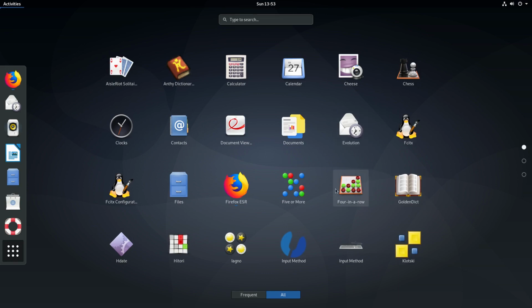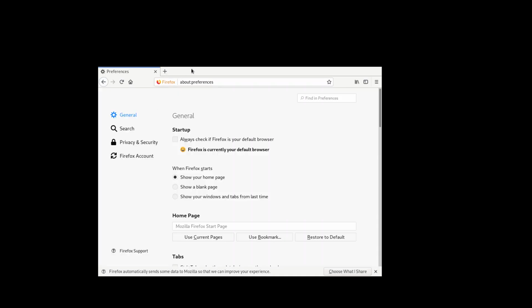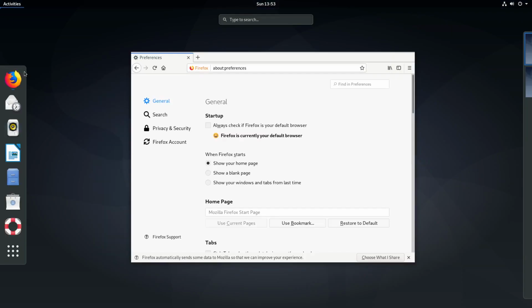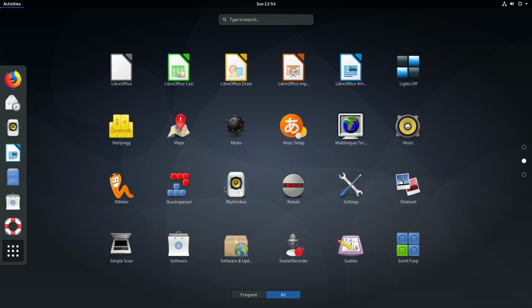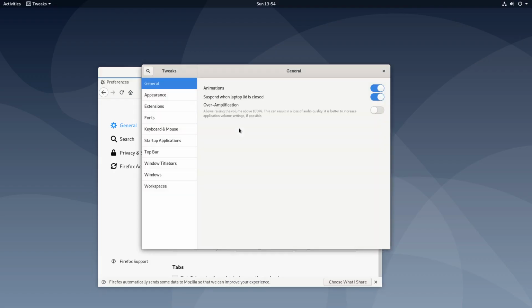Additionally, once again, you get the GNOME games. You also get LibreOffice, which is a great inclusion, a good Microsoft Office alternative. You get a few other odds and ends. You get the rest of the GNOME programs, like your music, that sort of thing. There's no VLC or anything like that. Instead, you get GNOME Videos, you get Thunderbird for managing your emails, you get Transmission for torrents,